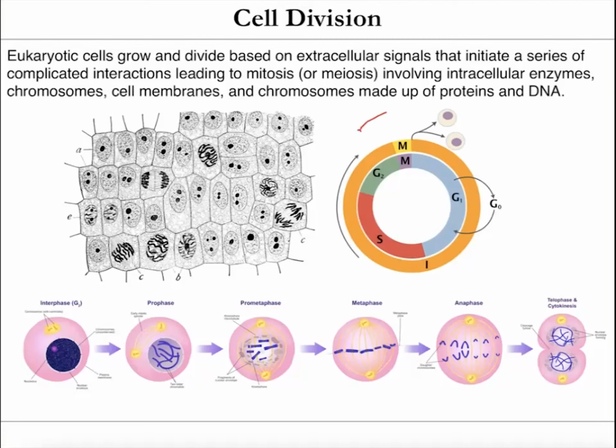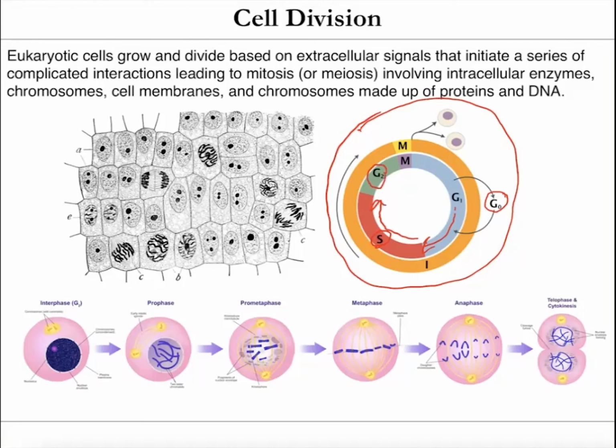So there's this sort of cell cycle that is shown right here. So there's sort of a senescent phase, and then once a cell gets a signal to divide, it'll go into a G1 phase, and then it'll go through to an S phase or synthesis phase, where it synthesizes new DNA. Then it goes through the G2 phase, and then mitosis actually occurs. So we'll talk a bit more about this in the next lecture because we're going to be talking about reproduction.